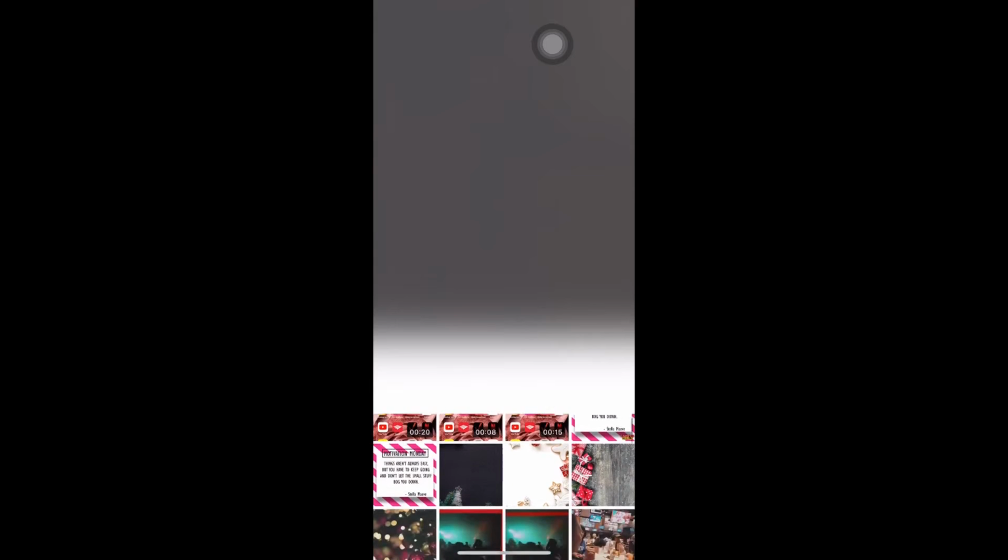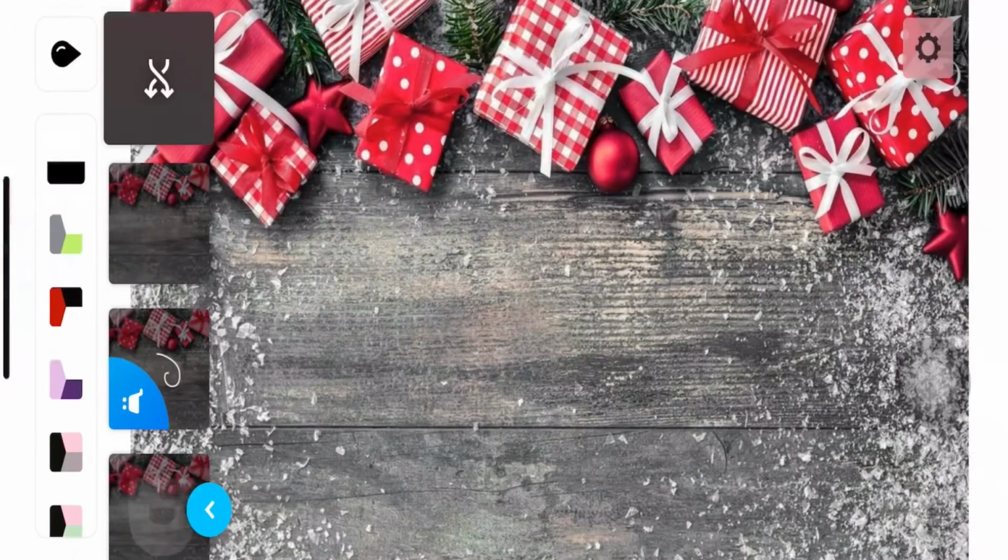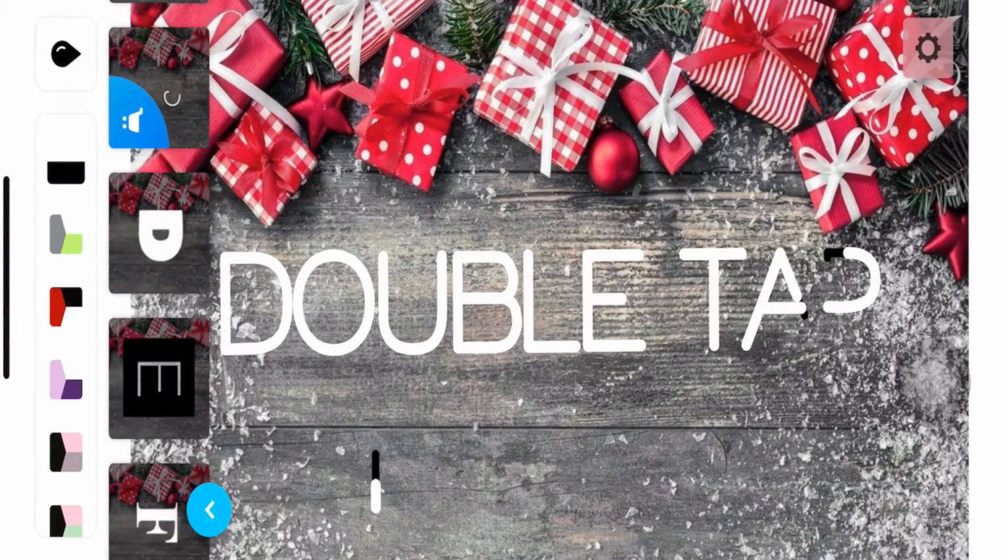So first off, we're going to go into the app called HypeType. This is an app that allows you to animate text in any background that you want. All you have to do is just slide up and it will take you to all your pictures, and you can choose what background that you would like to use. After you've chosen the background, it will take you to where the text will be, and you can just click